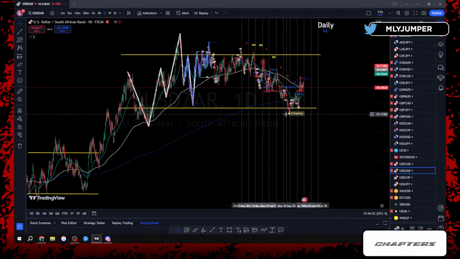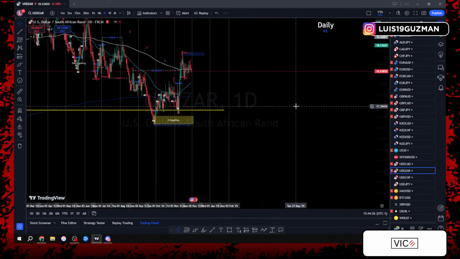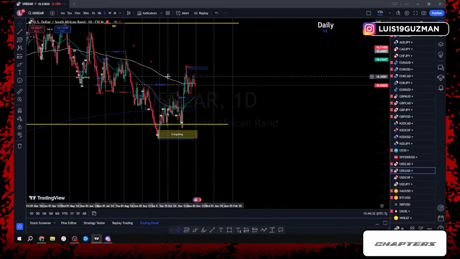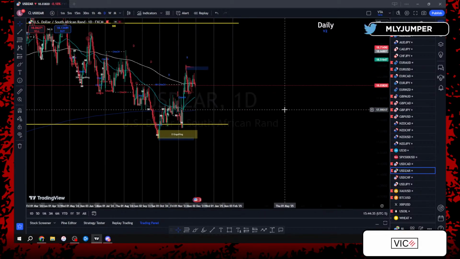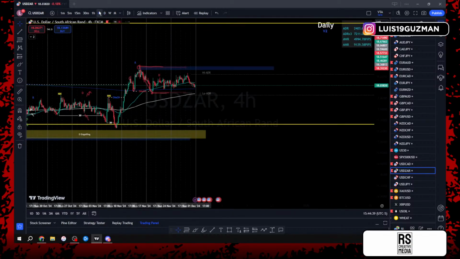USDZAR V2, we're looking for that third push to the top side. We're at the low of consolidation, safety trade, and price just continued to push to the top side. This is very nice. We have a month of rise, almost a no net. Price this month gave us a second push. So once again, could we be expecting price to continue and give us that third push to the top side for the month of December? Absolutely.